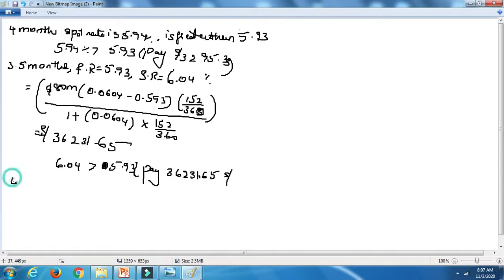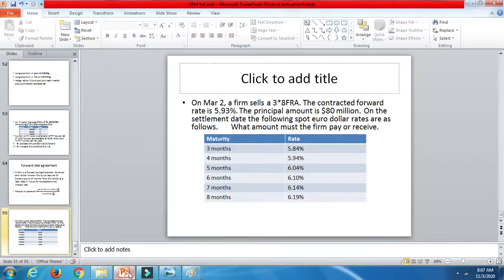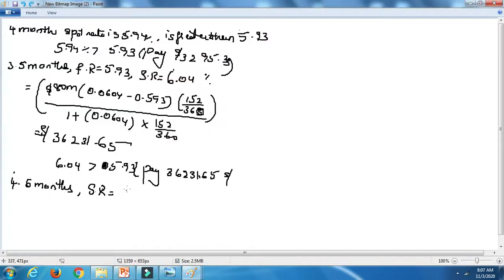So the next one is the 6 month forward rate. The 6 month spot rate is how much? How much has he given in the question? If you check, he has given 6.10. And the forward rate has already been given, 5.93%. So if you substitute this in the same formula, $80 million into 0.0610